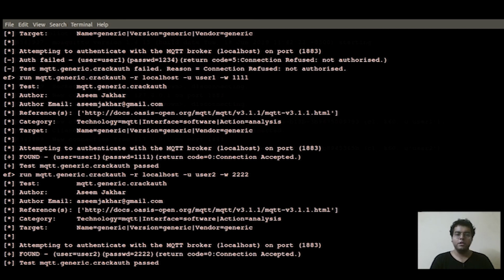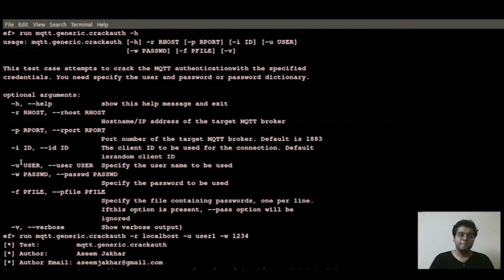Now let's attempt the dictionary attack for user1. All right, mqtt.generic.crackauth. Our host is again our localhost, and the port is the default port. Since we are using the second mode, which is using a password file, we'll have to mention the path of the password file, and we won't be using -w in this case.